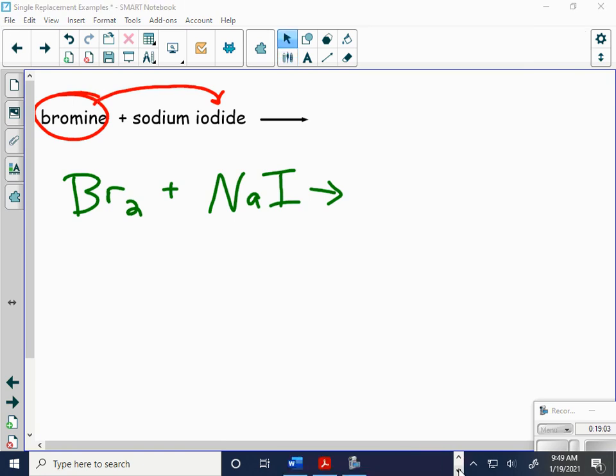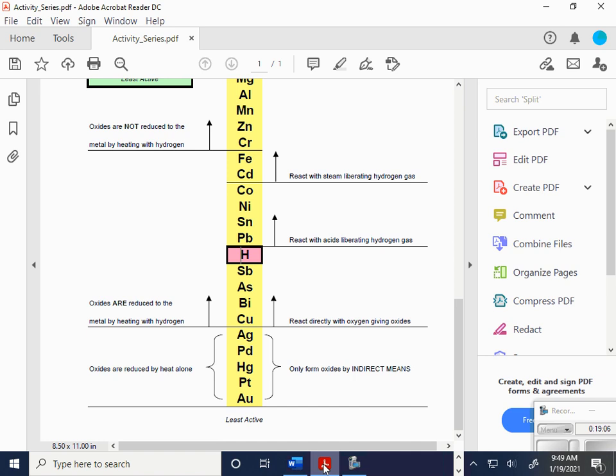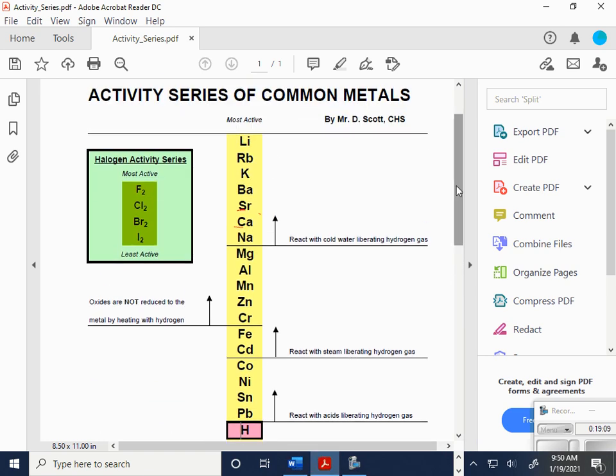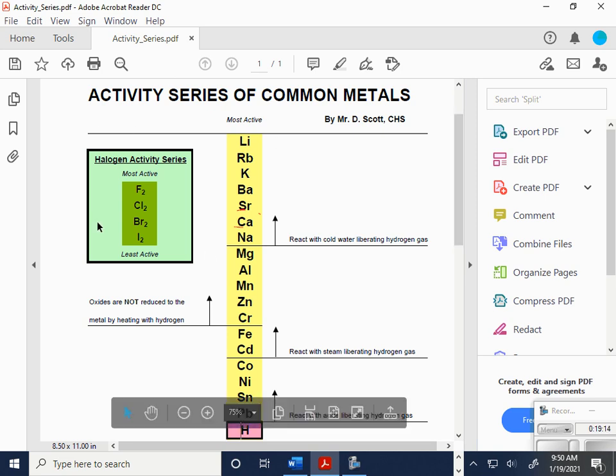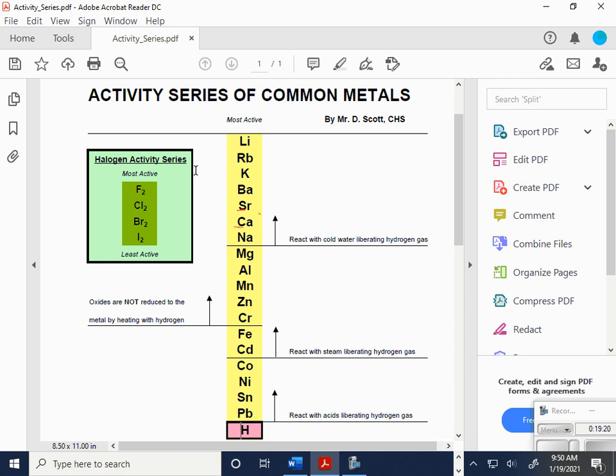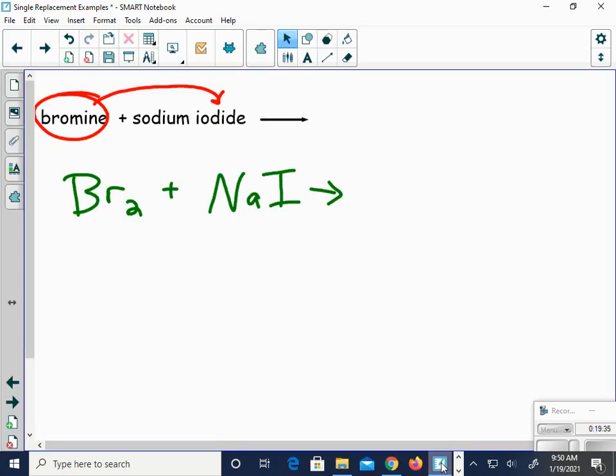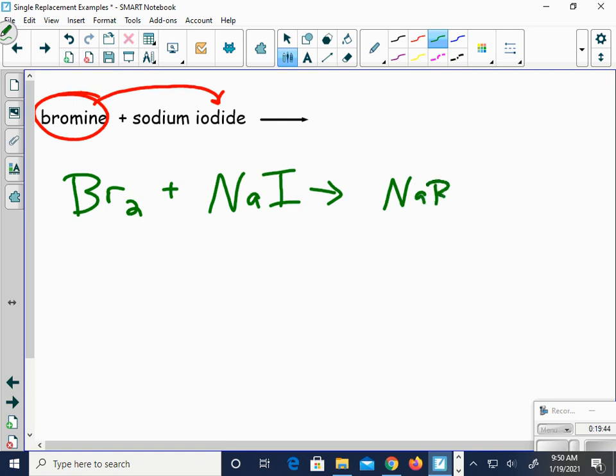So I have a different section of my activity series to look at. That different section is right here, this whole halogen activity series. So I have to look to see if bromine is higher than iodine. Is it? Yes. So will bromine replace iodine? It will. So as I come back here, I know that my bromine will replace my iodine, so it's going to give me sodium bromide,